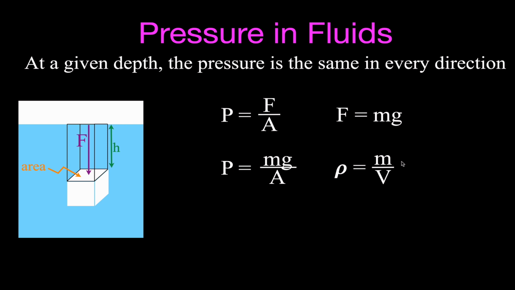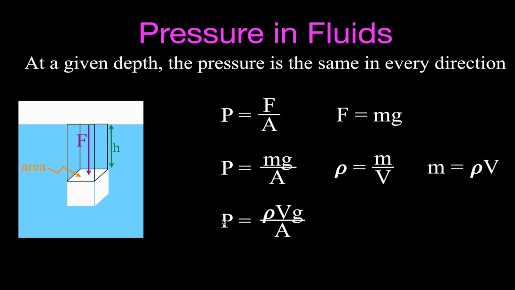Now we can substitute in something here for the mass because we know the density. This is the equation for density. This is the symbol, the Greek letter rho, the official symbol for density. Sometimes a lot of people will use a D, but in this case we use the official symbol rho, and the density is equal to the mass divided by the volume. Well, that means that the mass of this column of water is equal to the density of that water times its volume. So now I'm going to take this density times volume and substitute it into our pressure equation,